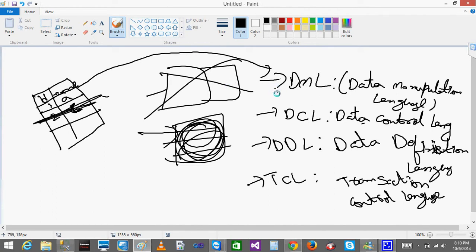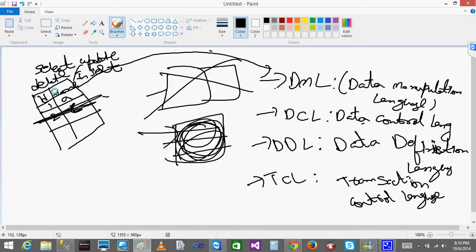In DML, the commands are select, update, because it all deals with the data, delete, insert.